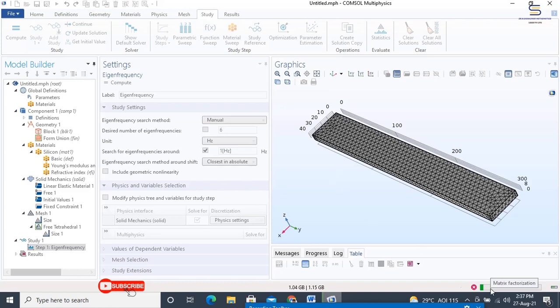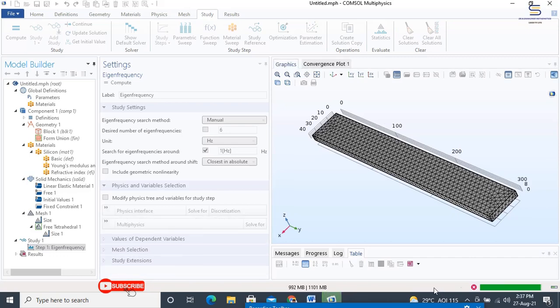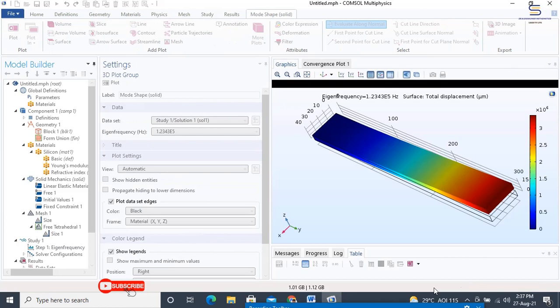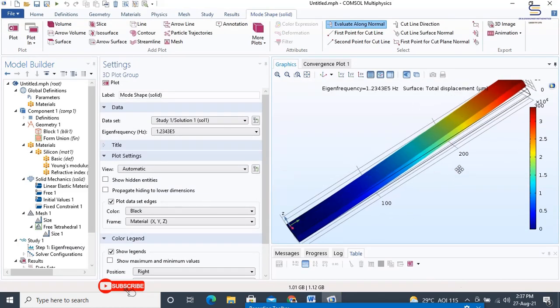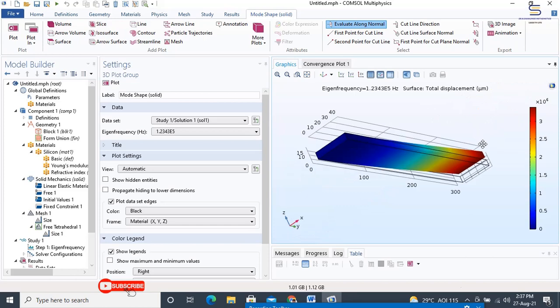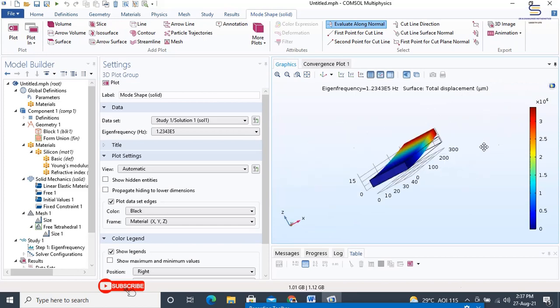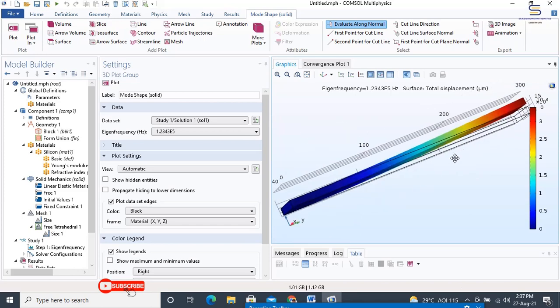Now the progress bar is going to complete, until which an equation will be solved. So thus we are able to observe the eigenfrequency analysis of a linear displacement in a substrate of silicon.